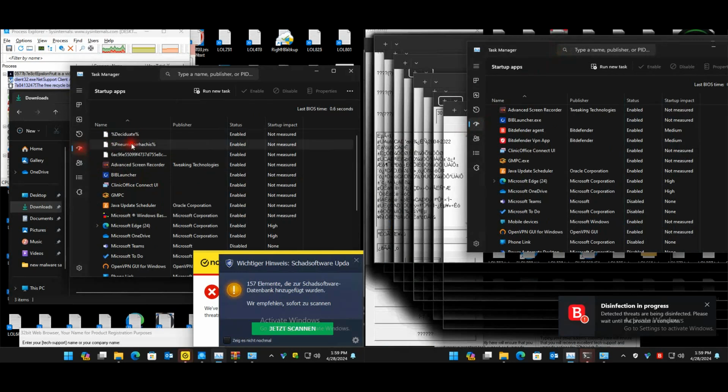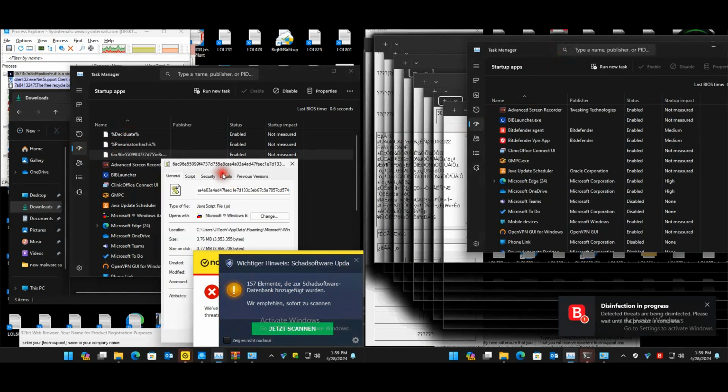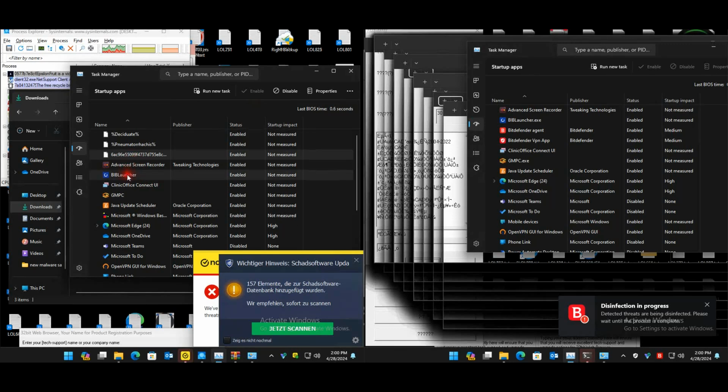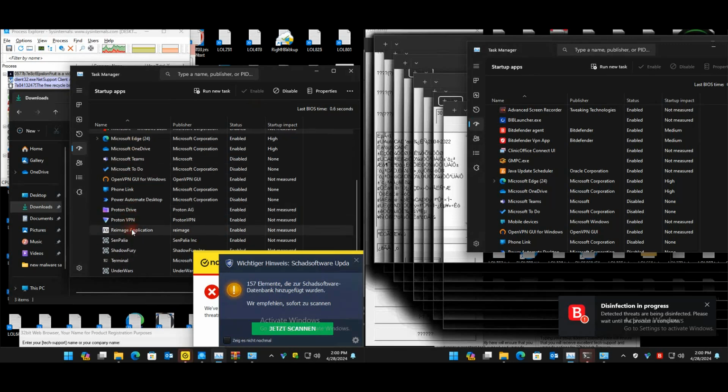Now if we look at our startup items for Norton, that one seems to be broken. That one seems to be broken. This one seems to be intact. This is a Java, a coffee script as I call them. Startup item, okay, cool, it has a size, so it's still there. Then we have obviously business in a box, and that's about that.